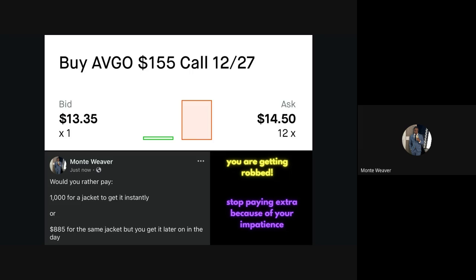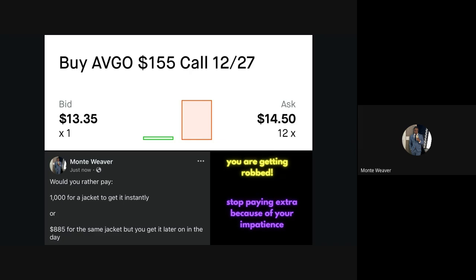Okay, let me put it like this. For my dudes out there, because y'all are going to understand this: if you go into the barbershop and the sign on the window says the haircut is $50, but then you get out of the chair and the barber wants you to pay $80, well, I'm having an issue with that, because on the outside it says $50. Why are you trying to charge me $80 now after I got my haircut? It's the same thing with this.